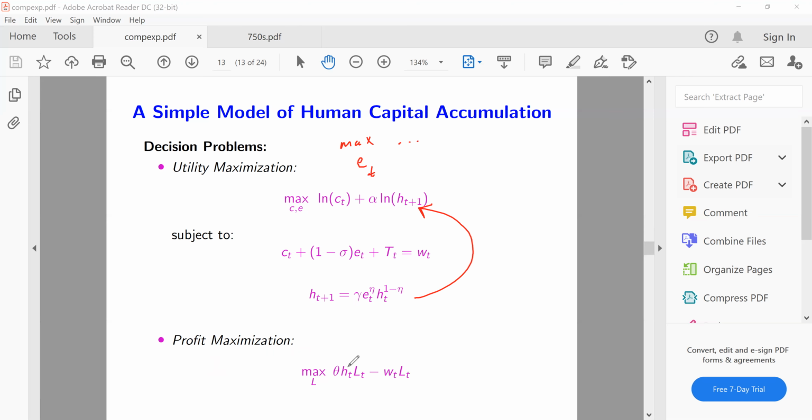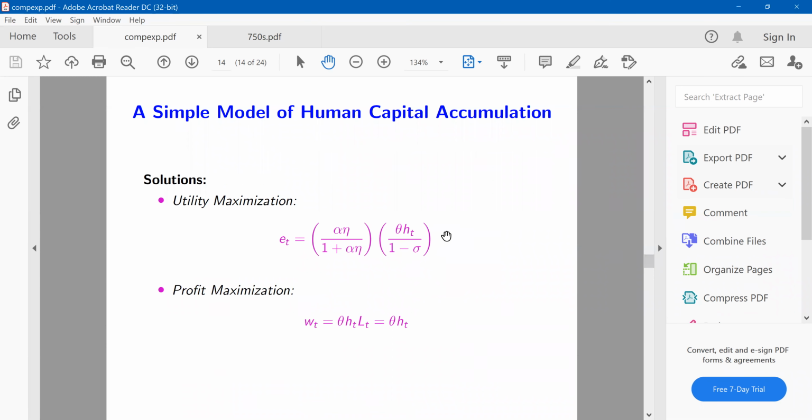Here the production function is linear, the cost is also linear in labor, so there's perfect competition and zero profit, etc. What you learn from the decision problems is that the solution of education spending is this,